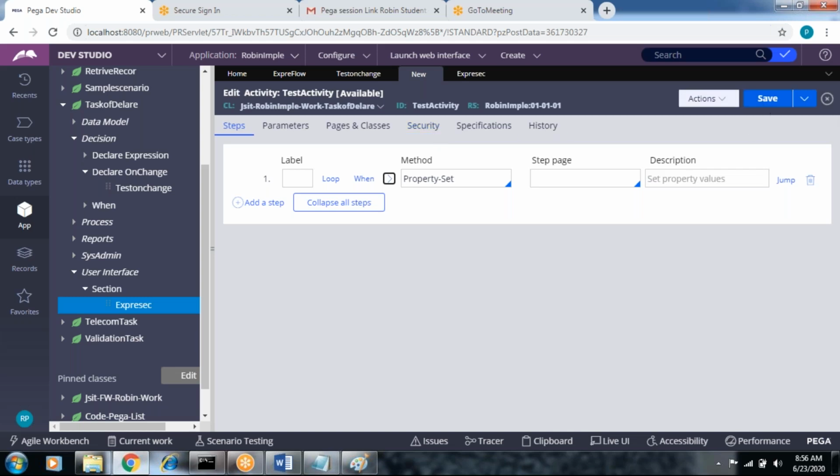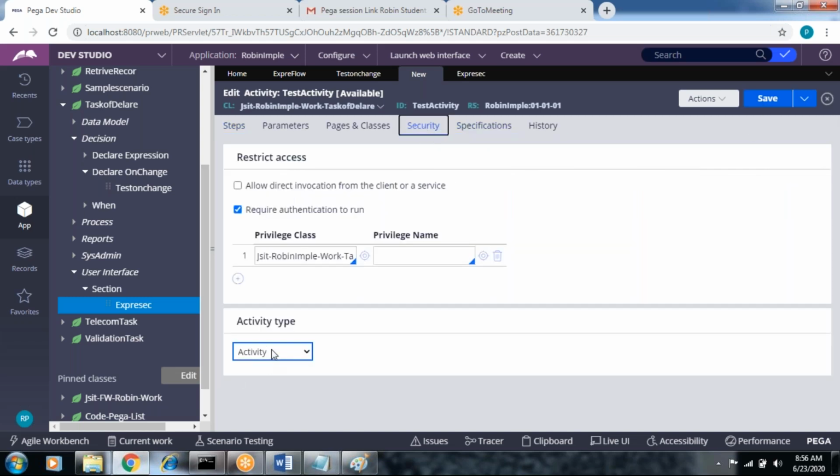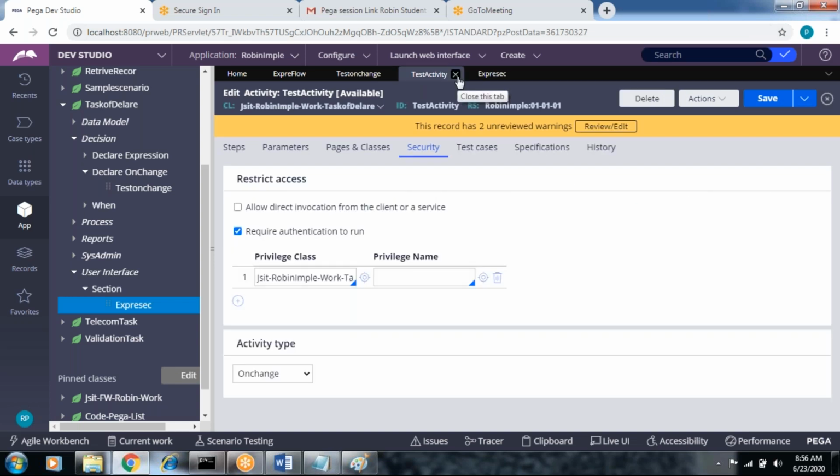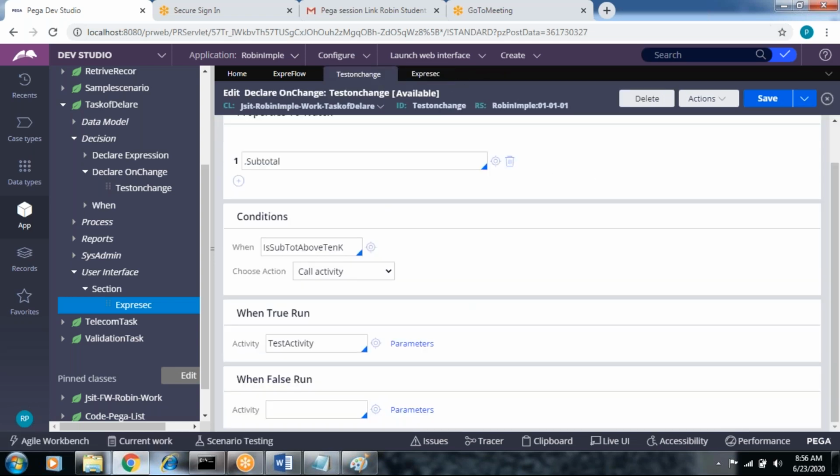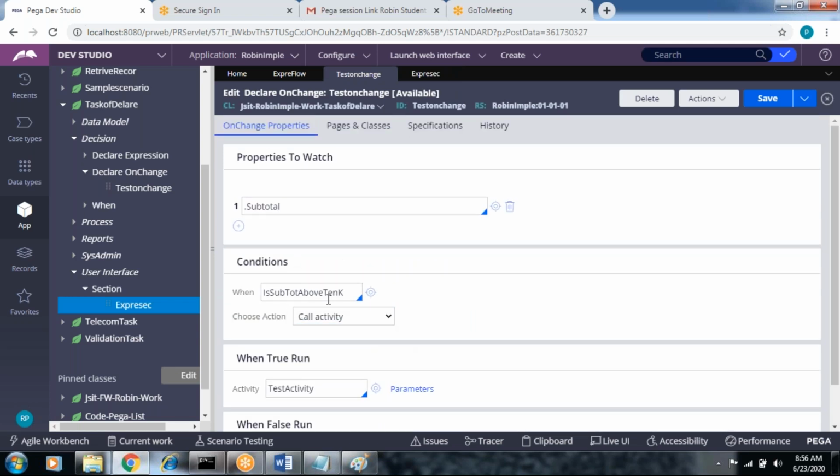Okay, always unchanged. Fine. Let's close this activity and come back to the unchanged rule. Whenever the subtotal reaches above 10k, call this activity. Otherwise, do not call the activity. Okay, concept.